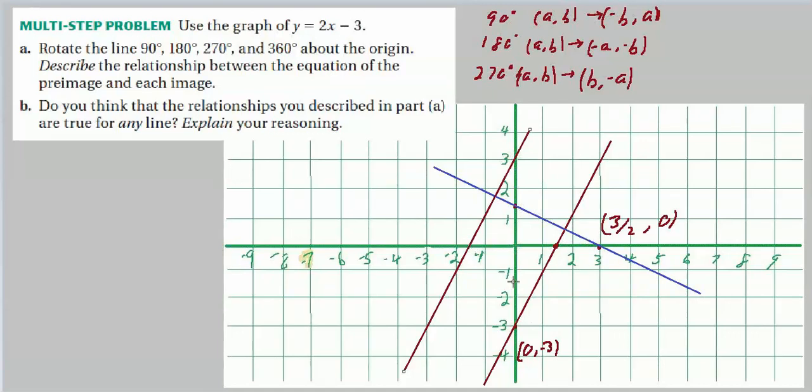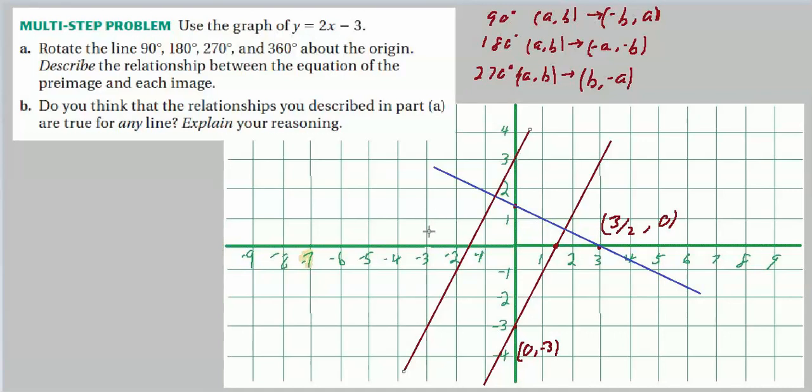Yeah, I think that's where it's going to cross the y-axis. But if we check right here, this point right here should go to 0. Okay, there's where x equals 0. And the second coordinate, the y-coordinate, becomes the negative of the original x-coordinate, which is minus 3/2, which puts us right here. Oh, well, that's pretty much what I said, isn't it? And if we rotate this one down,